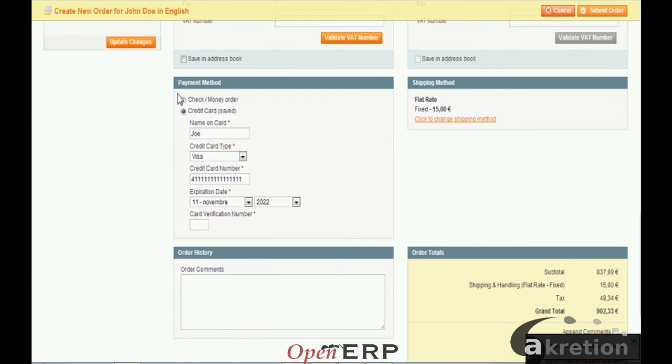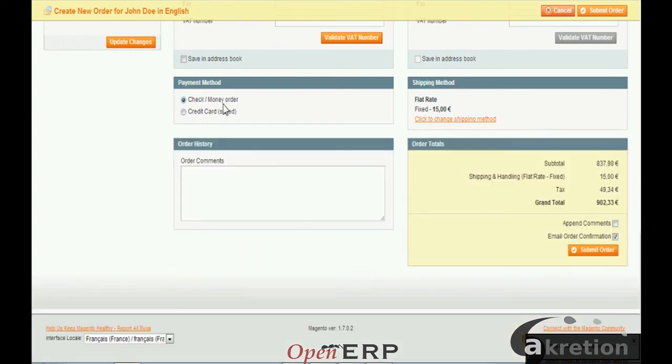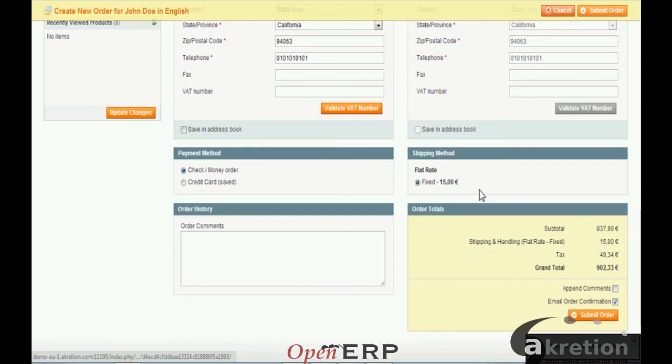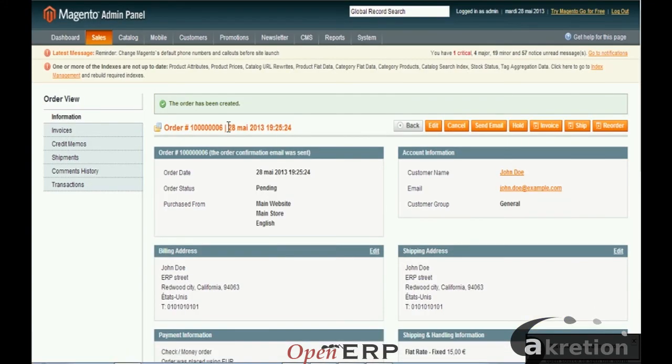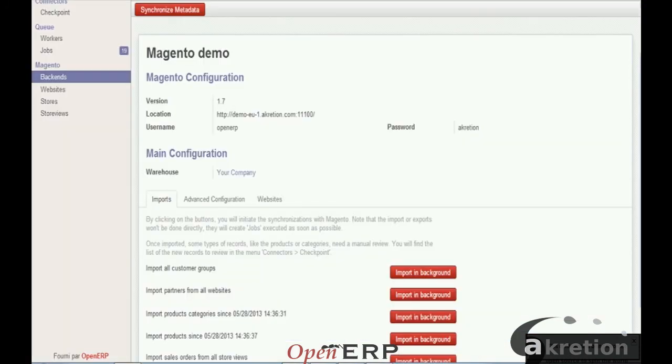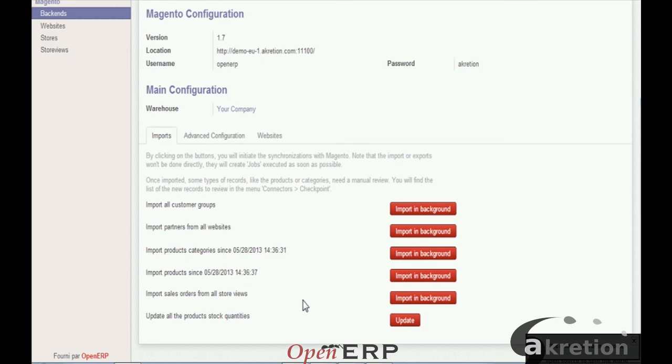I'm going to pay this first server with check. Okay, so I'm going to validate it. So here is the number of my server. So I'm going here in the Magento backend, and I am going to import all the server from all the store view. When I run this,